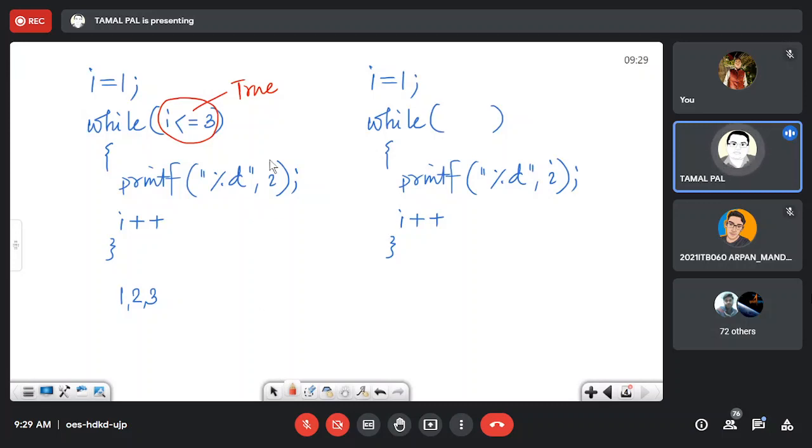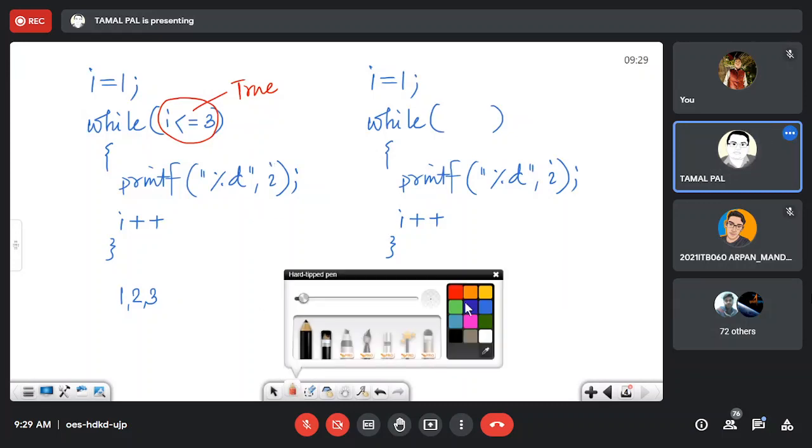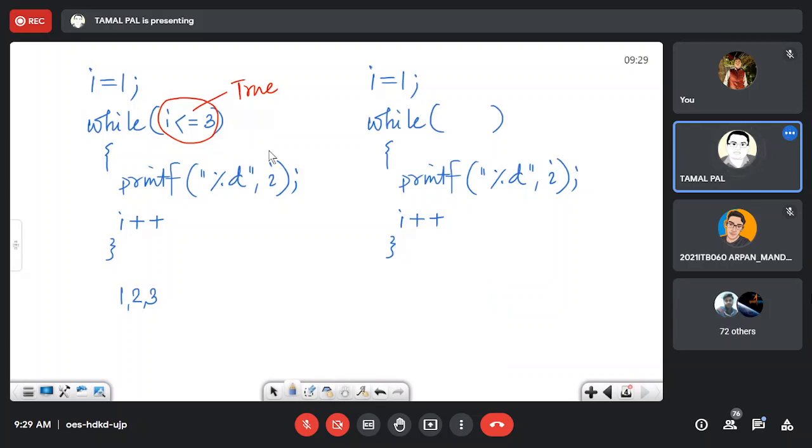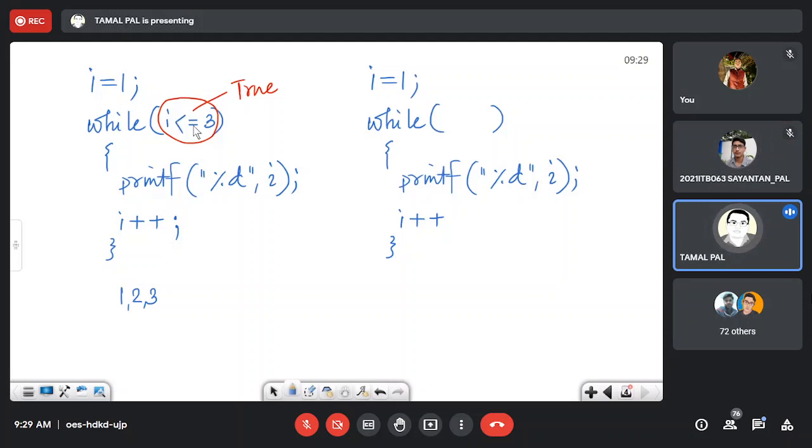So that means it can print up to 3, not more than that. But if I want it to print forever, then we have to set such a condition that its condition never becomes false. So how can I make it? i greater than or equal to 1.